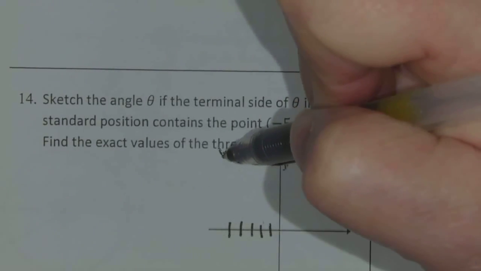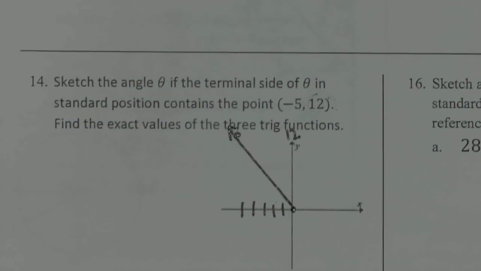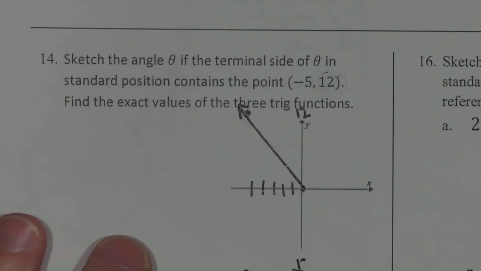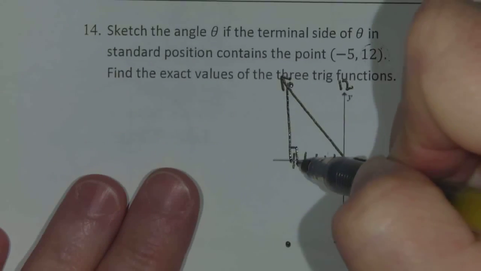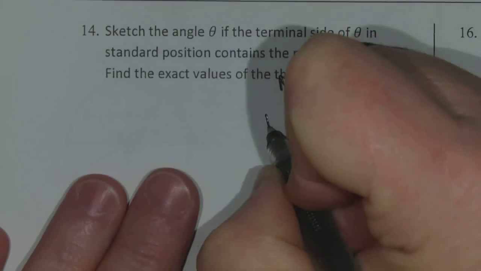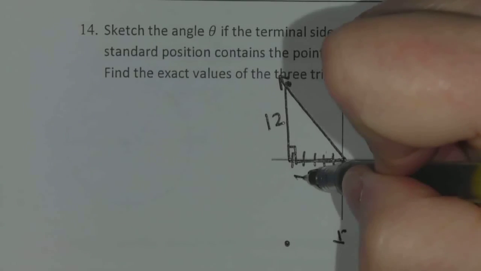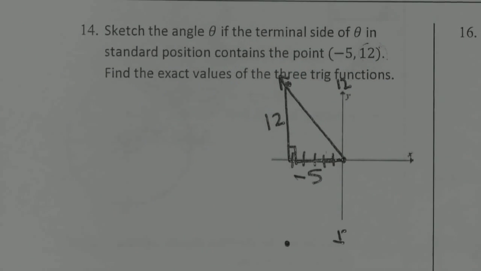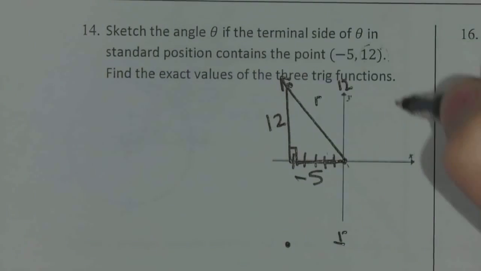My angle comes through the origin, just like that. And I'm going to do a right triangle to the closest x-axis. So I'm going to come down right here and draw my right triangle. I know this length right here is 5, and that length right there is 12. I'm going to throw my negative sign on that because I like to keep the signs on it. So I'm -5, +12. And in order to find the radius of this circle that would go through here, I'm